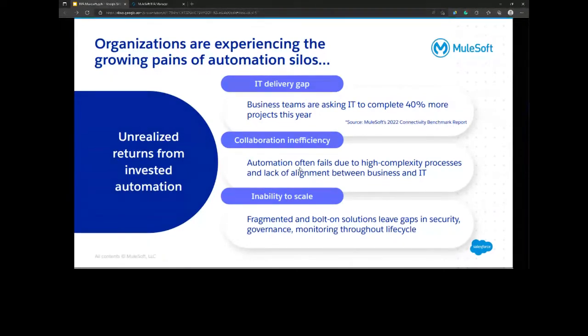Then collaboration inefficiency, as you can understand from the term itself, that people in different LOBs and different verticals sitting there have been doing this. I guess people who have seen automation in any of the sectors, offices, companies, organizations who work for clients, you would have seen that people are trying to create some tools, desktop-based tools or web-based tools, which can do some level of automation.